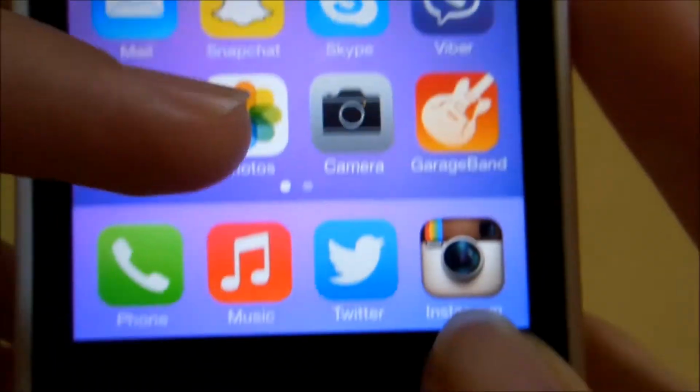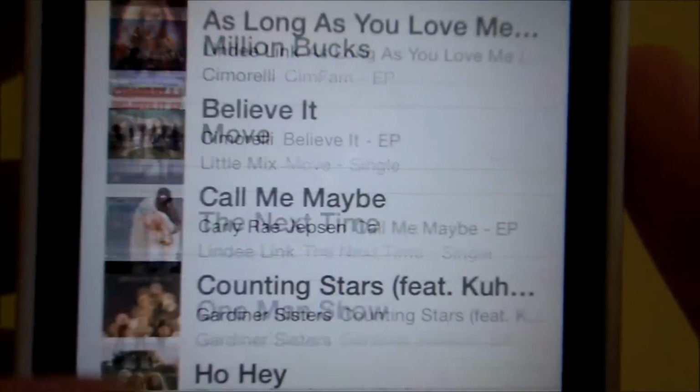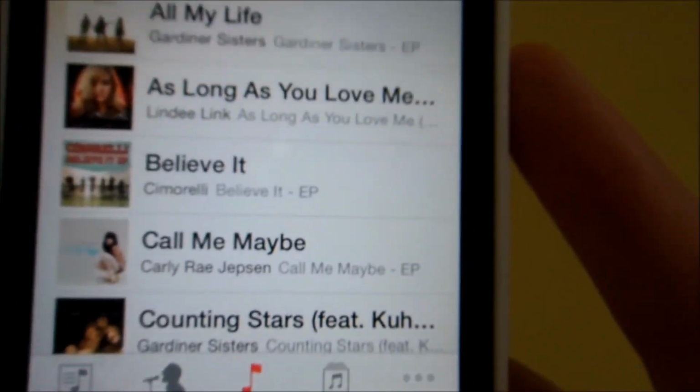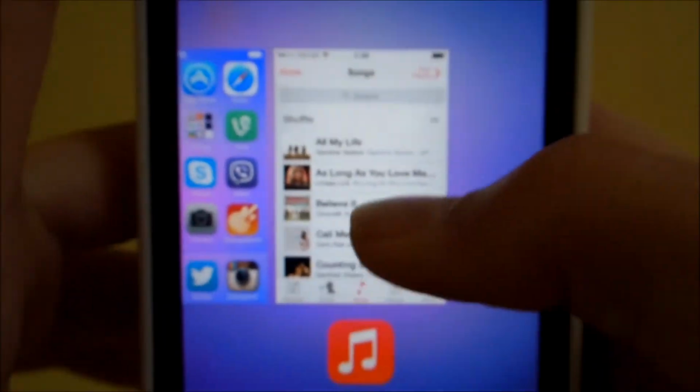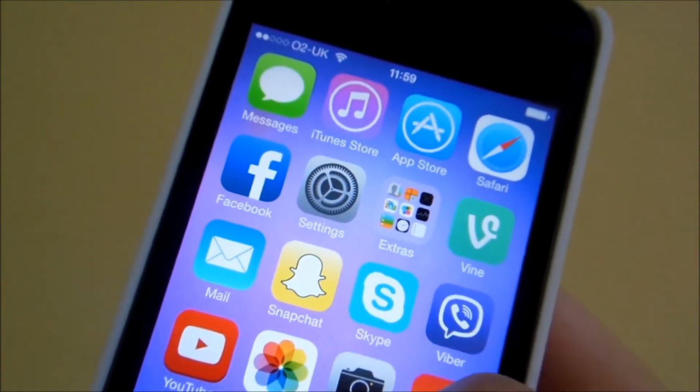And iTunes, I've been buying my covers from YouTube artists. I've also got little links there. Similarly, Lindy Link, Gardener Sisters. I just love it, and I'm so glad I can finally buy these songs. Another awesome thing about this is